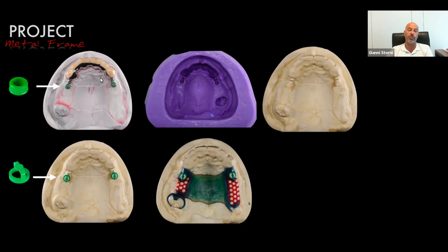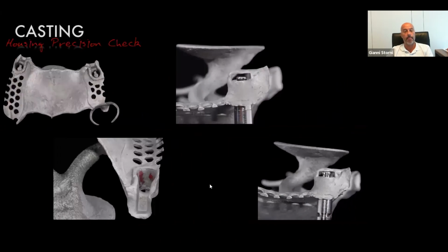So in this case, we have a milled bridge, but we create a frame by duplication using our component positioner, the position on the sphere, duplication investment, monobox, wax-up, and then we have the frame cast, control of the passivation, control that everything fits correctly, option of the cap to go in,